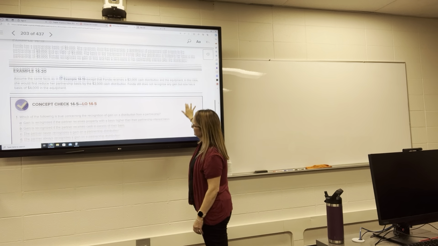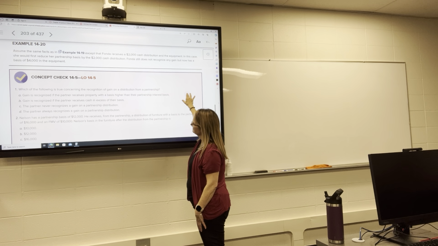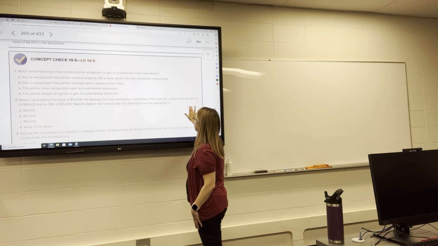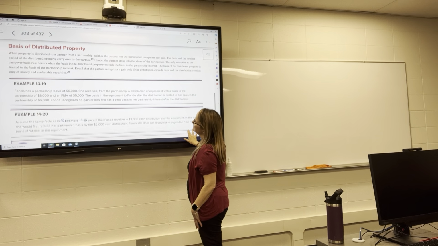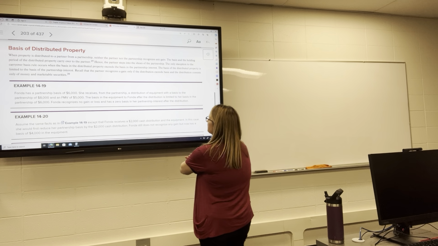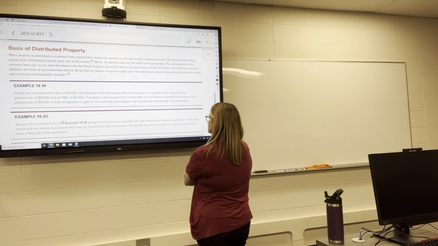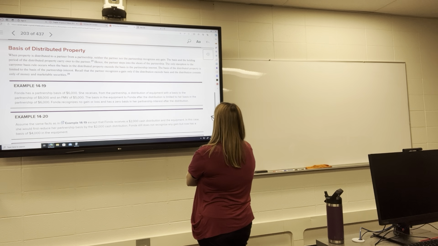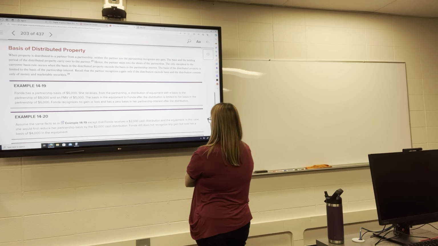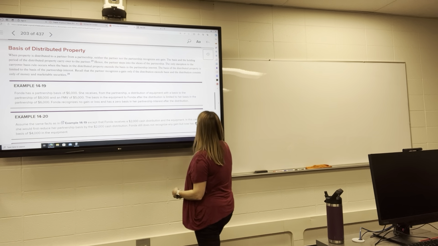I have to think about this for a second. Partner steps in. Basis of distributed property is limited to the basis of the partnership interest. Okay,